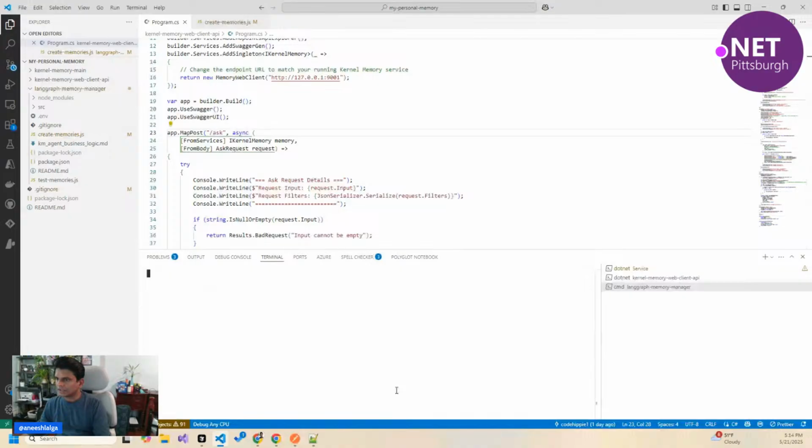And the most important files are in the src. This kernel memory client is just a JavaScript wrapper I wrote. This one, not the C# wrapper. This is actually coming in the same way from C#. Method name,